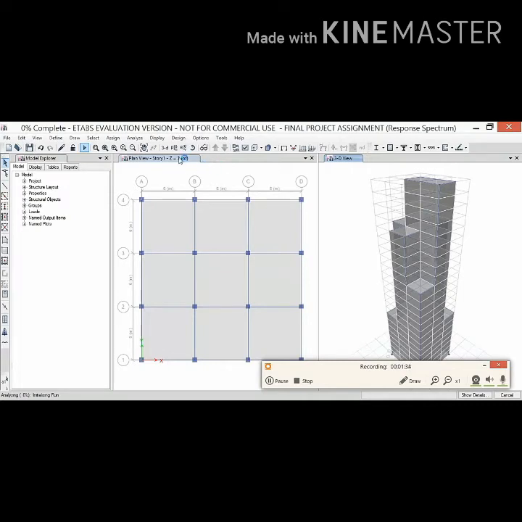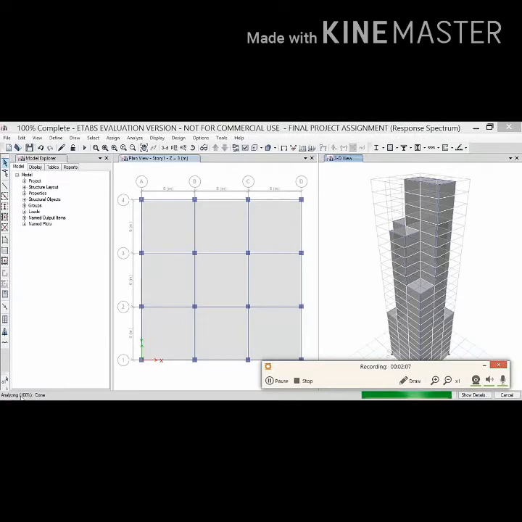After the analysis, we can carry out the design check for the different sections of the design of the beam and the column. After you see the displacement as I mentioned earlier, you can go through the design, concrete frame design, start design check, which will carry out the design of all the different section properties, beams as well as columns. After the design is complete, we can verify the design.